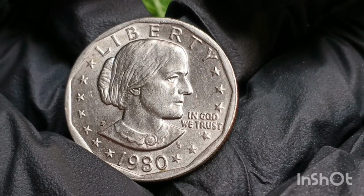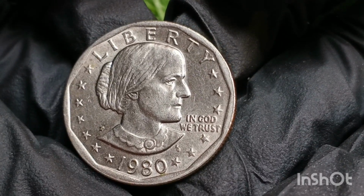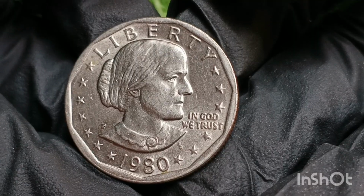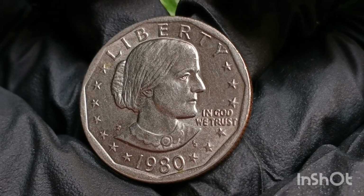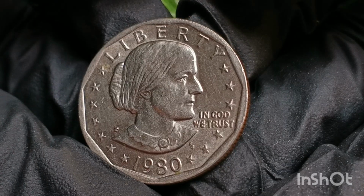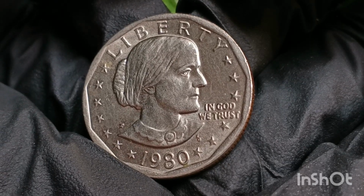The Susan B. Anthony dollar, while not broadly popular during its release, has grown in popularity among collectors interested in modern U.S. coinage and women on coins. It is often included in modern U.S. dollar type sets, women's history sets,